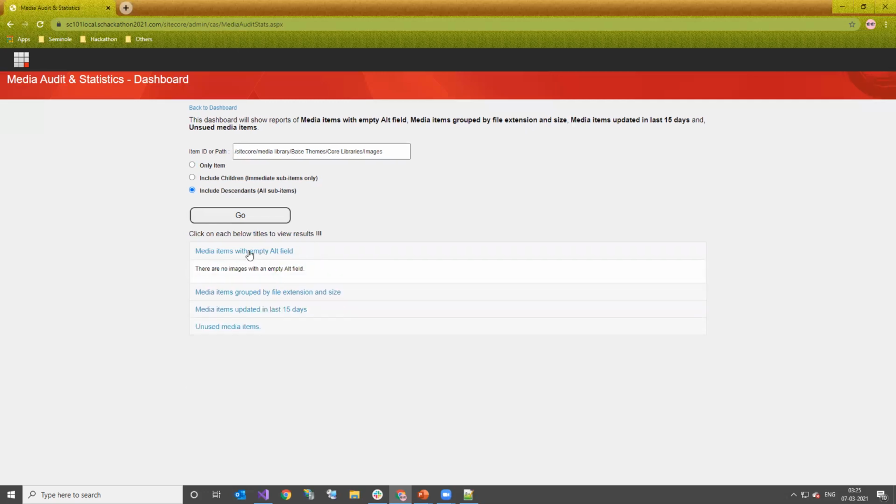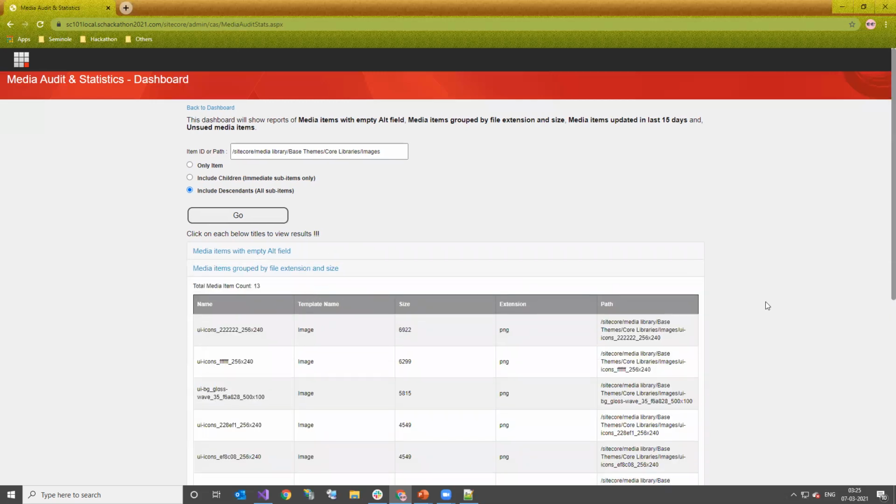some details like there are no media items with an empty alt field. Now the next section is media items grouped by file extension, that is the largest file and its extension. So for example, in that particular list, this is my largest file, which is about 6922, and the extension of the item is PNG.